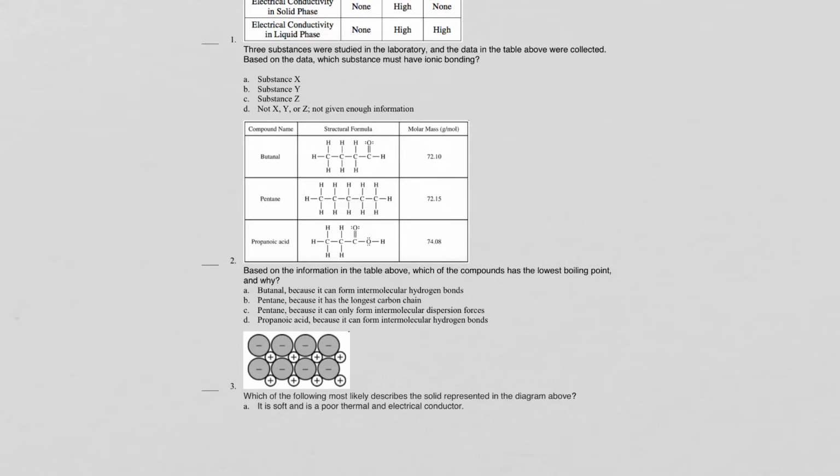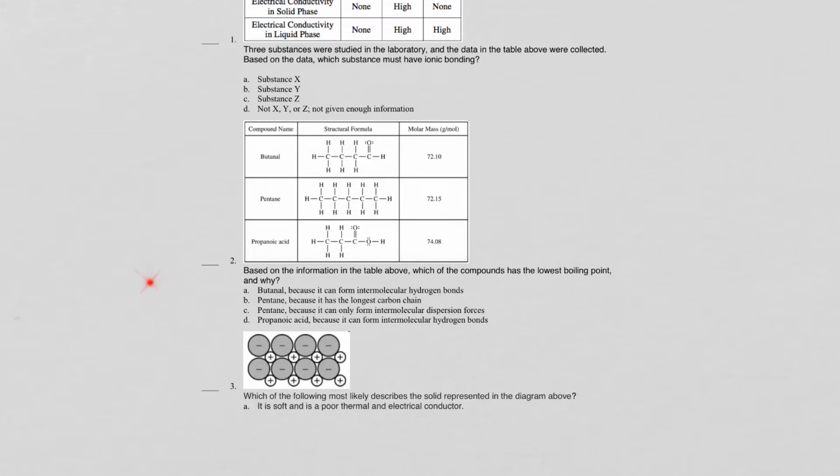The other two compounds both contain an oxygen, which would make those molecules polar, and then even the propanoic acid has the OH, which would be sites of hydrogen bonding. So we would expect the pentane nonpolar chain, that narrows it down to B or C. And it's not about the longest carbon chain. It's about it would have dispersion forces between molecules, which would be weaker than the hydrogen bonding and dipole-dipole forces